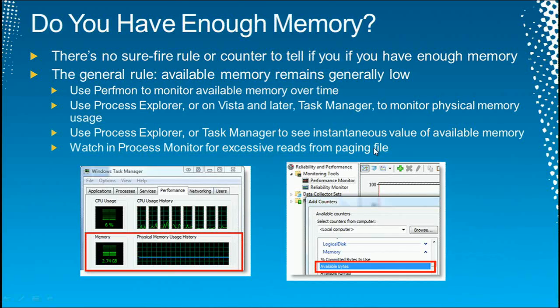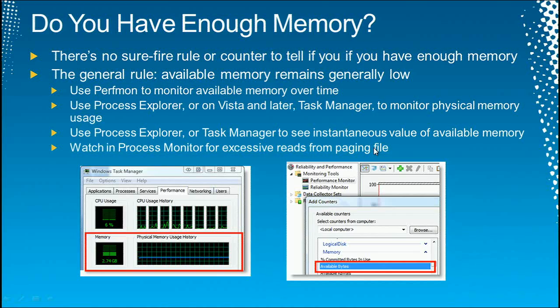Does that matter? If I'm writing to the paging file, that could mean I could use more RAM, because that means data that was in RAM is being pushed out to the paging file. And if it's being pushed out very quickly, that could mean that some memory-hungry process is coming and ballooning things and shoving everything out. Actually, this brings me back to one of my pet peeves back in the late 90s